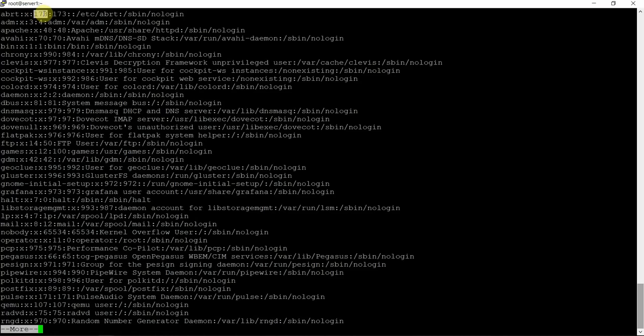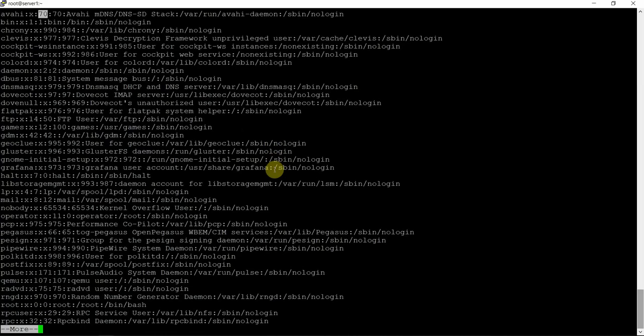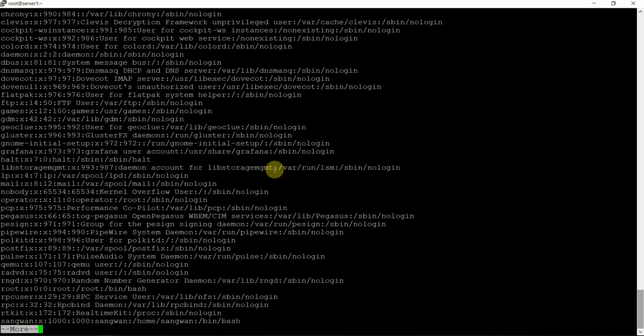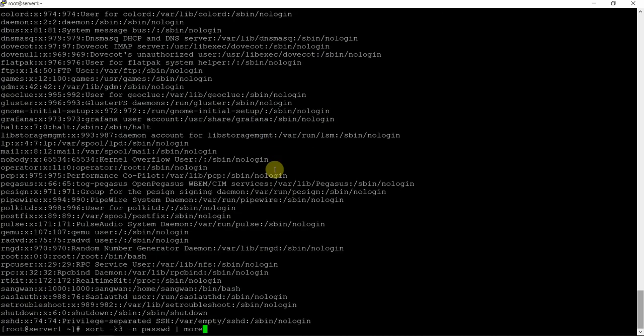Now see from here, it's not field number 2, it's field number 3. So let me use field number 3. See the difference? This is field number 3, field number 1, field number 2, field number 3, and 173, 348 with -n. It's not sorting. Why? Let me see. Field separator. Okay, I have not given the field terminator.